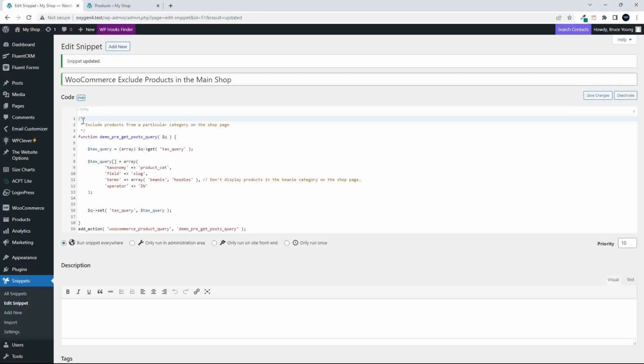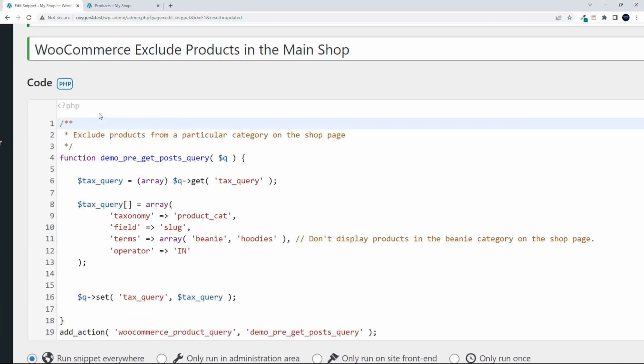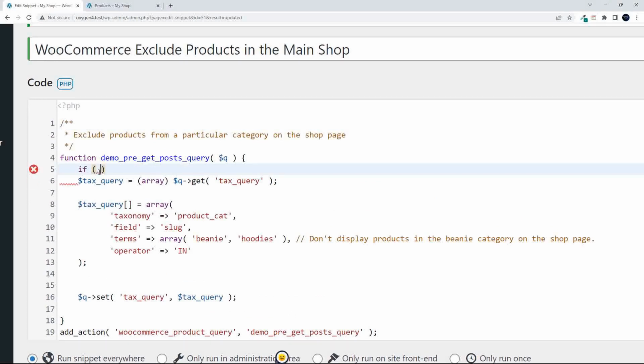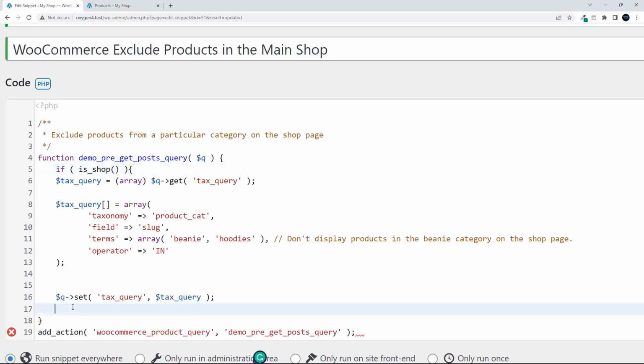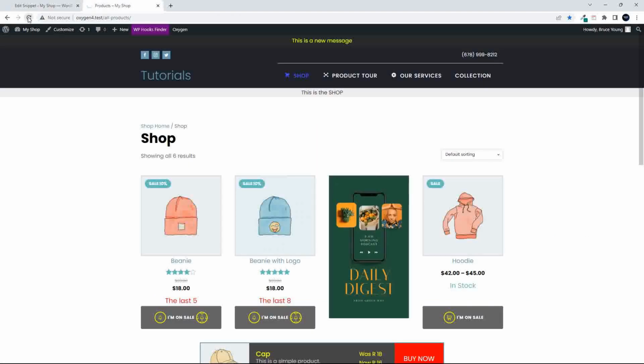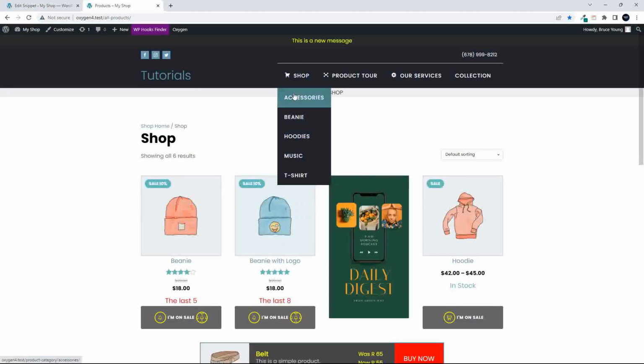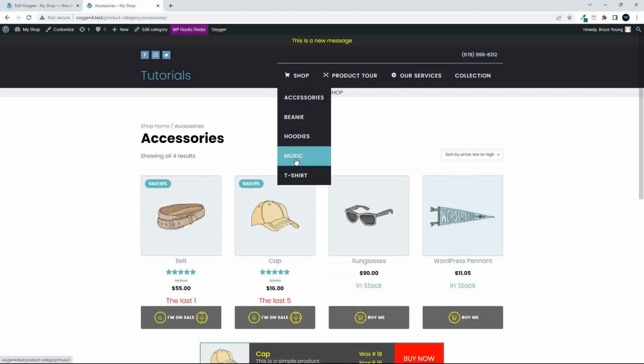So to fix that, I'm going to head over here to the code, and we're just going to add in right at the top. We'll just say if, and if it is the shop, is underscore shop. Then we want it to do something, and we're just going to wrap all of that into that if statement and save. And now when I go back to the website and I refresh, you will see that we still only have the beanies and the hoodies on the home page. But if I go to accessories, my accessories are now showing as normal. Everything else is showing as normal, except that the shop page has been targeted